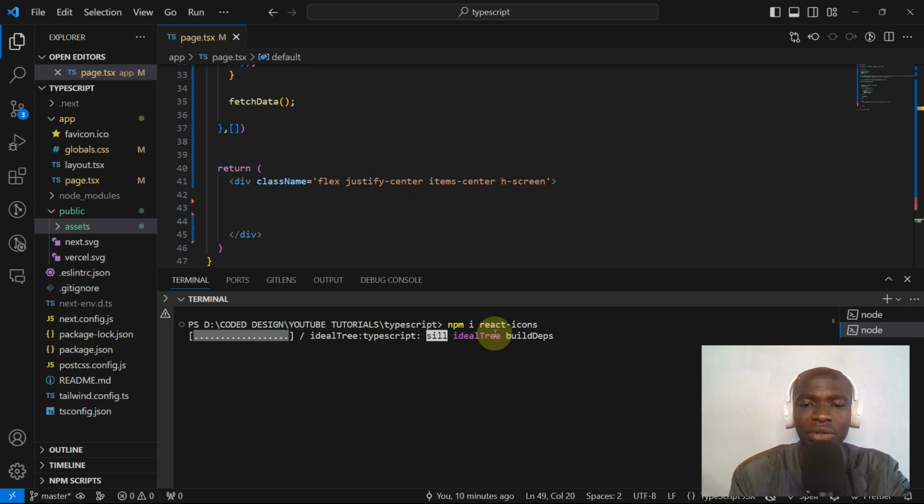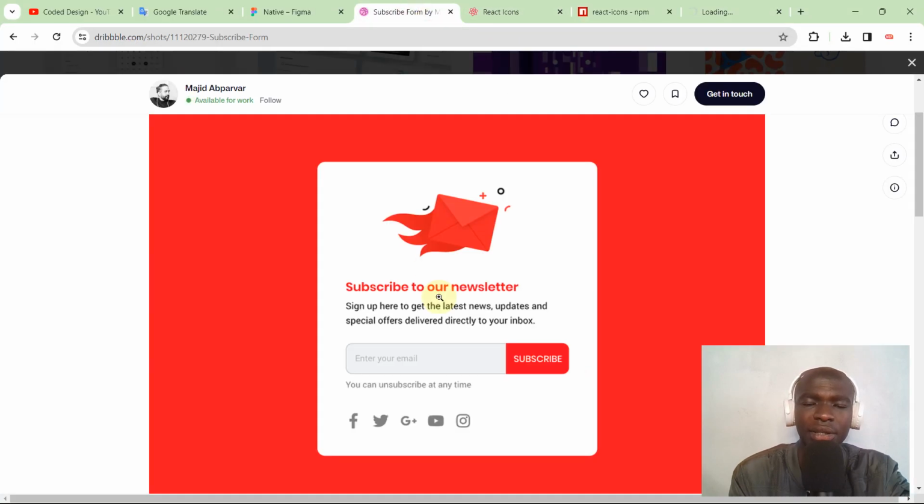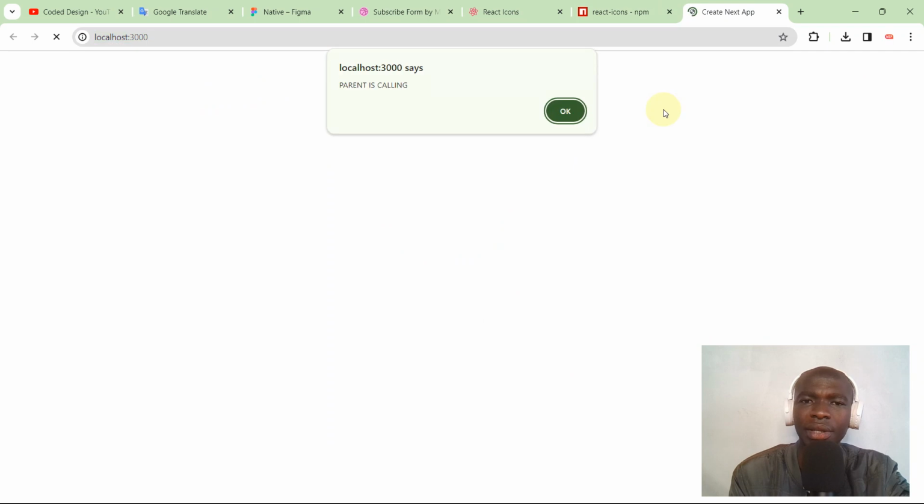Now we are installing React icons. The reason we are doing that is because, as you can see, there are these icons here. Let's check what's here. It's still loading. Obviously, these are the things that I did previously